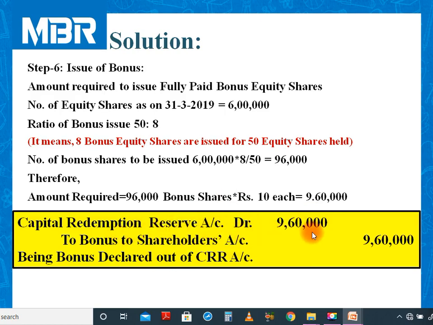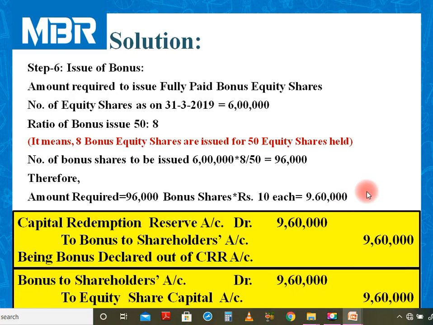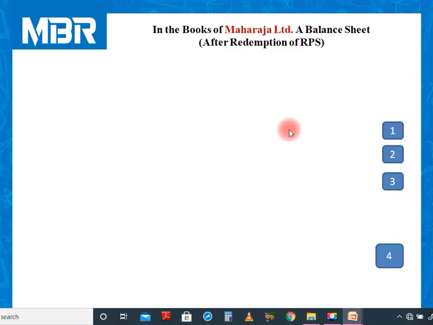CRR account debited 9,60,000 to bonus to shareholders account 9,60,000, and bonus to shareholders account debited rupees 9,60,000 to equity share capital account rupees 9,60,000. Now to conclude our answer, our balance sheet, and it is the last part of our answer. Let us refer